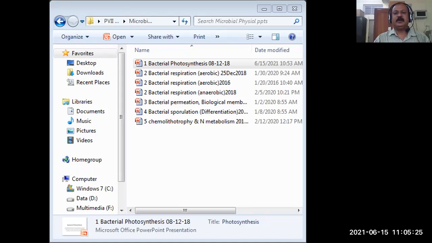In yesterday's lecture, we have already seen the electron transport chain for photosynthesis in purple bacteria. I hope you have all understood it. We have seen that in this particular photosystem, the electron which comes out from the reaction center, that is P870, a bacteriochlorophyll molecule, comes back to the reaction center, and therefore we have called it the cyclic electron flow. I hope you remember this.